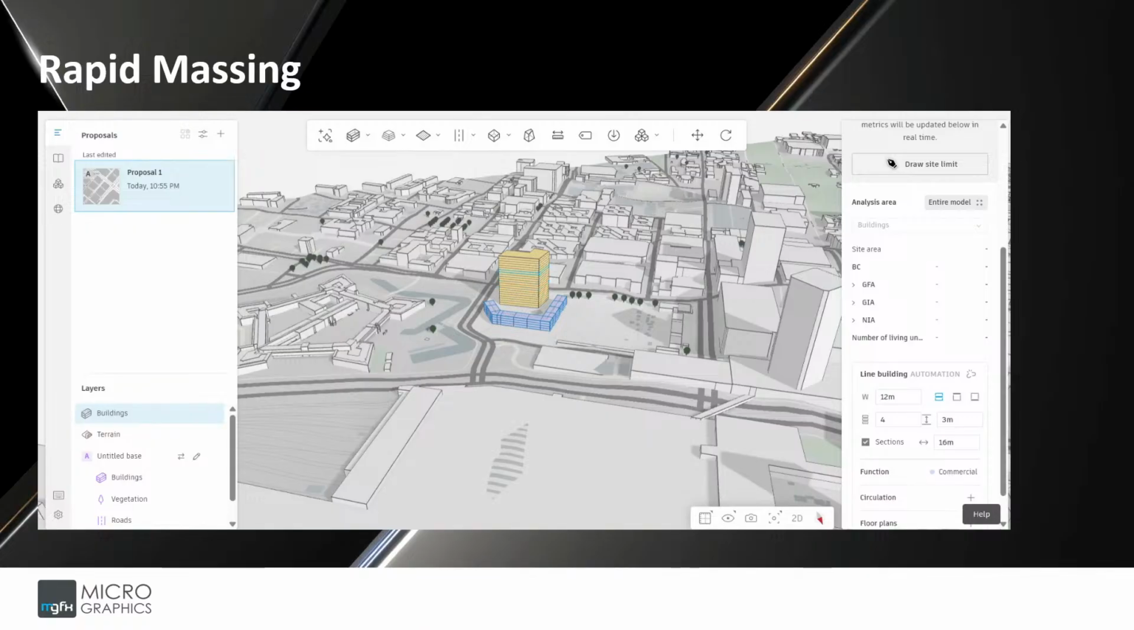Users are not just limited to defining the mass but can also specify the amount of floors, the height between the floors, the functionality of each floor, which is quite important for early feasibility studies. This can easily help developers or building owners understand what will be the financial impact of the building on the